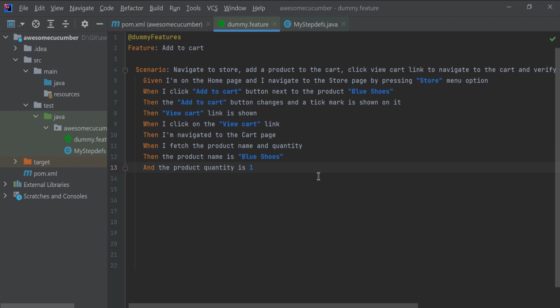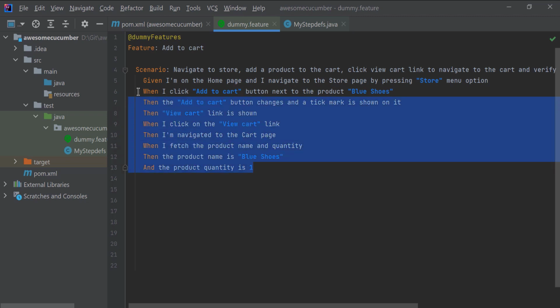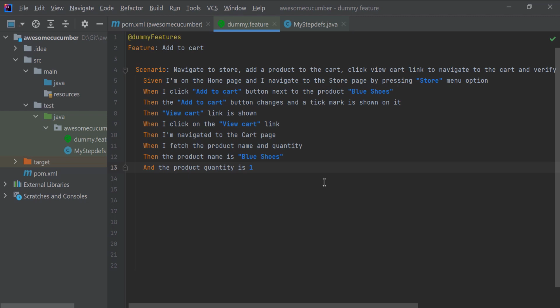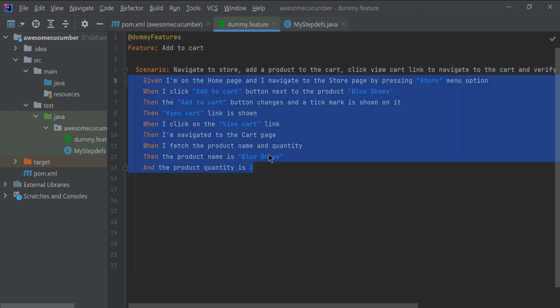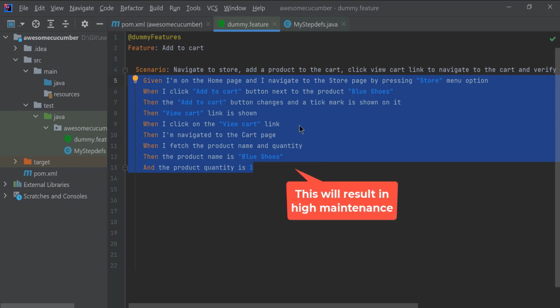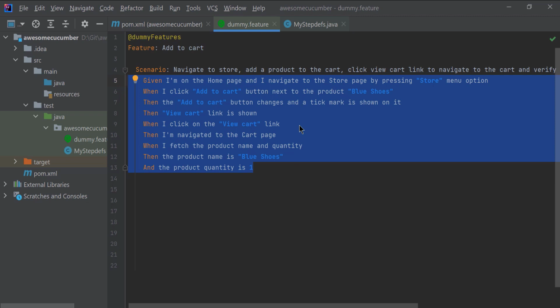There are multiple things going on. The first one is we are putting a lot of implementation details in this scenario. What if some of the implementation changes in the future? Then you are going to update this scenario, right? But ideally, this scenario should be updated only when there is a change in the requirement, not when the implementation changes.